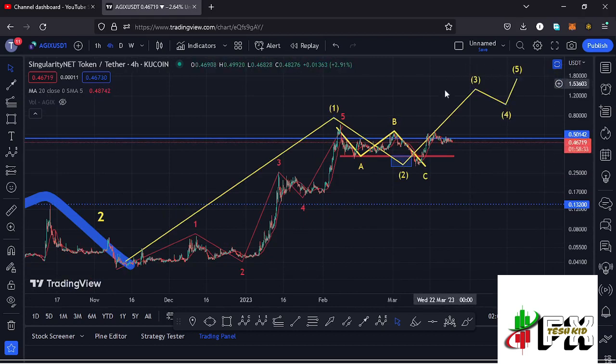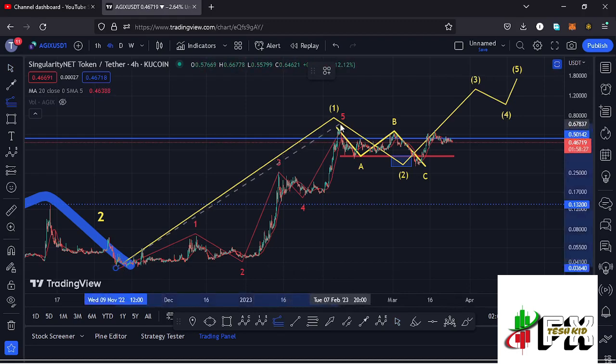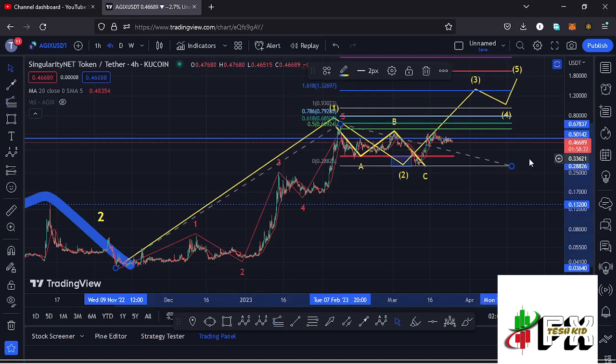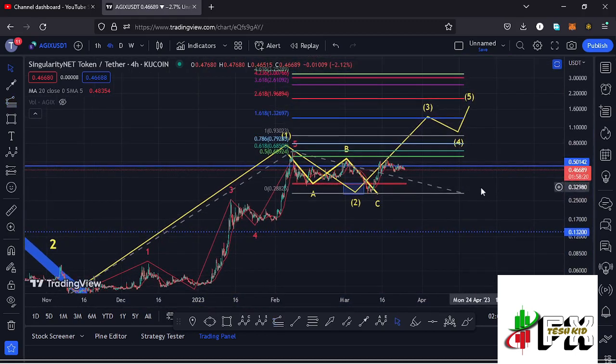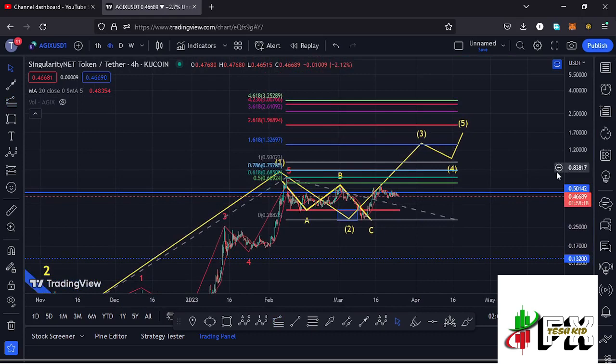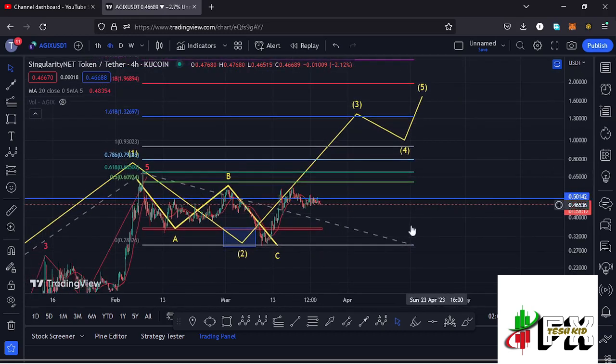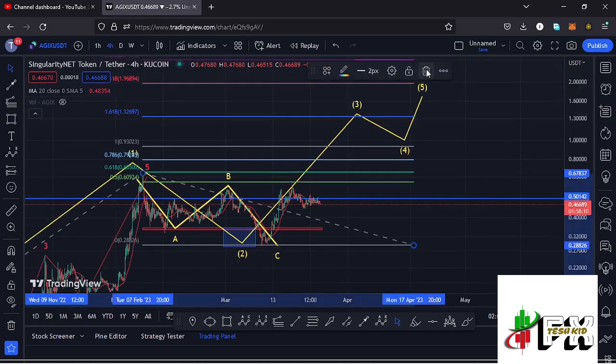Allow me to first sketch out a target area to the upper side in the formation of this wave 3 by connecting the trend-based Fibonacci from the low of the first wave to the high of that wave 1, then dragging the fibs to the low of the second wave, and that now gives me a minimum target area to the upper side in the formation of that wave 3 at the fib level 1.618, and that is at around the $1.32697 mark,